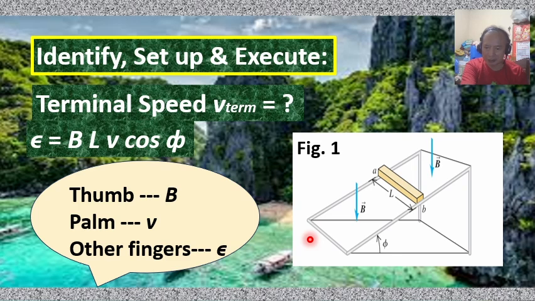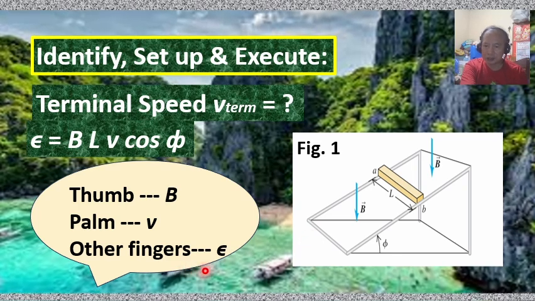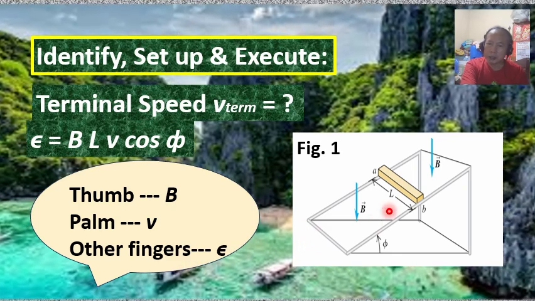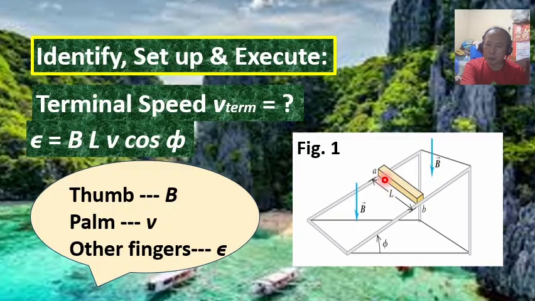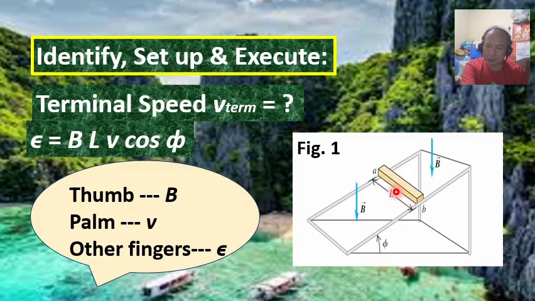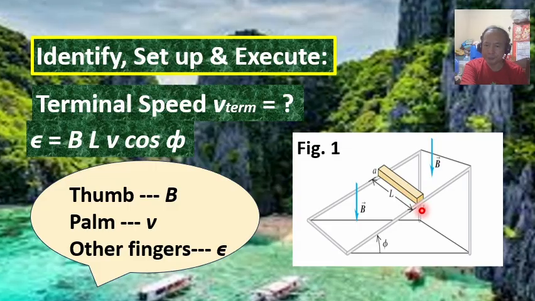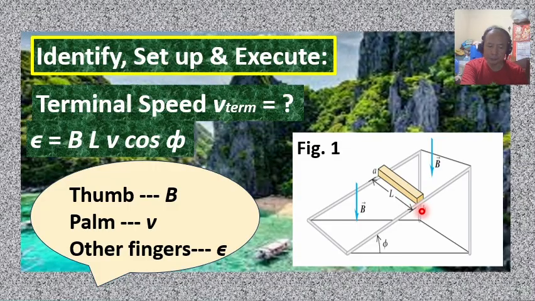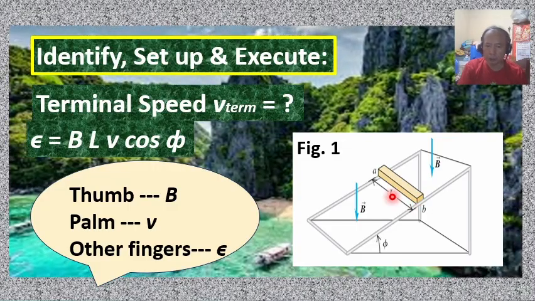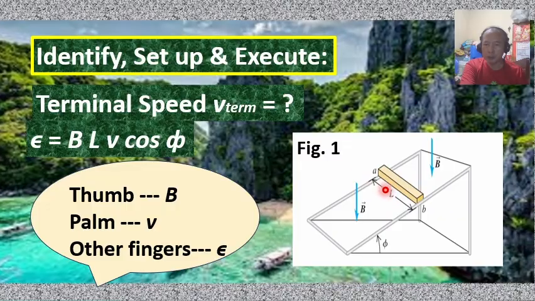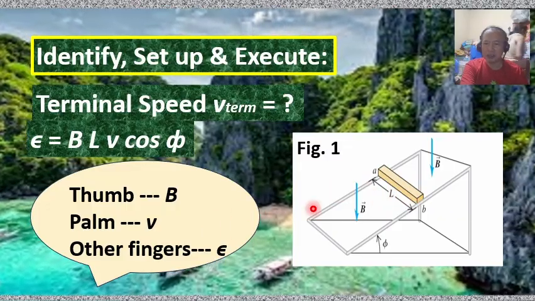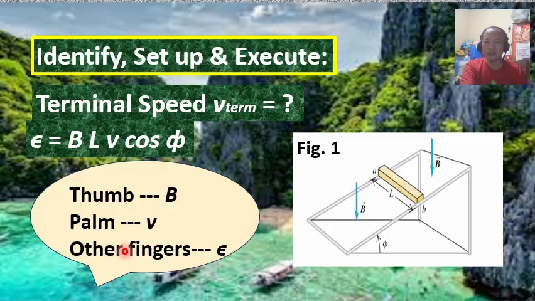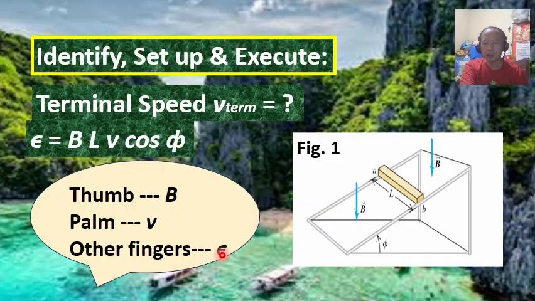You will notice that the other four fingers will be pointing from point A to point B in the bar. So try doing that repeatedly until you're convinced that the direction of the induced EMF,